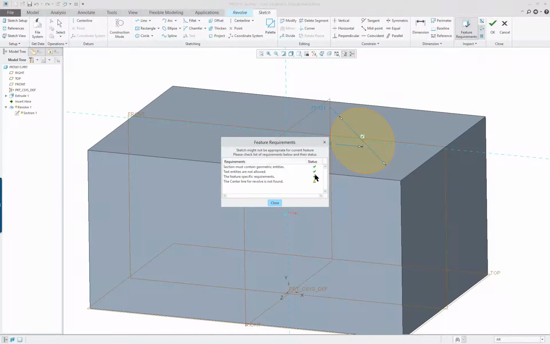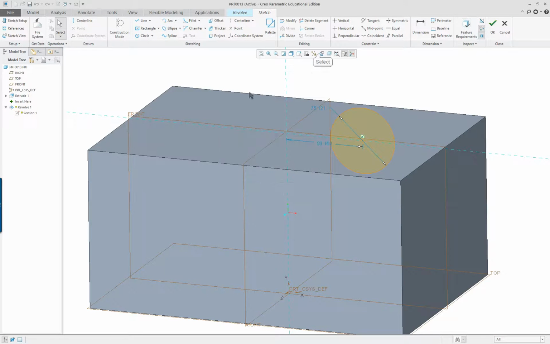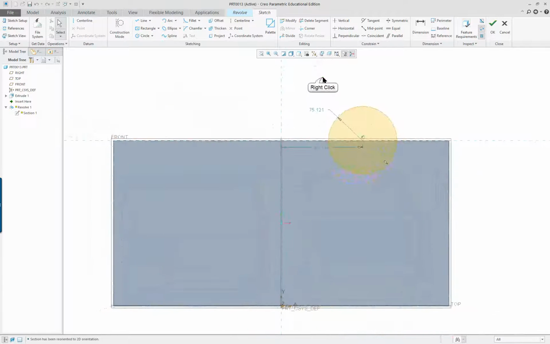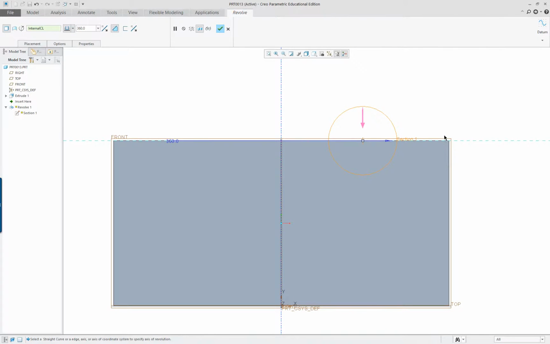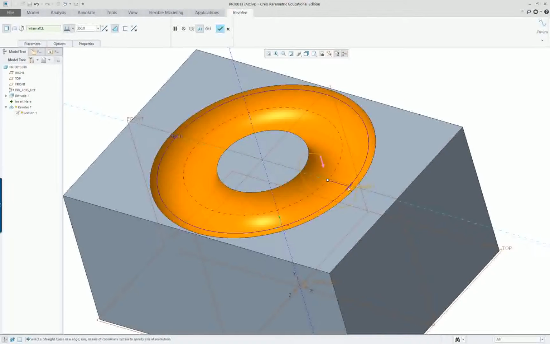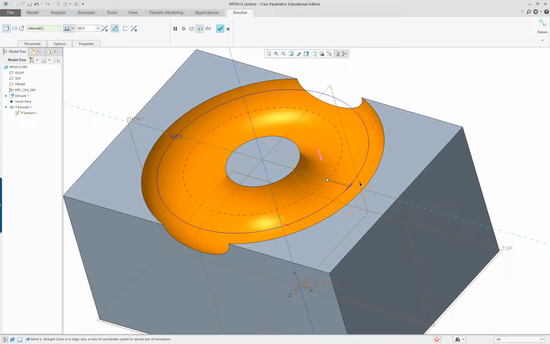Feature requirements, it says center line for revolve is not found. That's interesting because I just put one in. Let's put another one in. So I'm going to go over, I can pick a center line here, pick a center line up here. Let's see what happens. Maybe they want the other type of center line. There it is. So check. Now I'm getting my view here. And if I take this circle and make it a little bit bigger, so it cuts